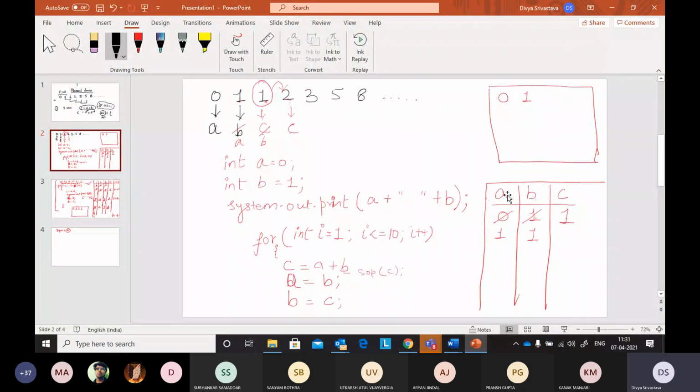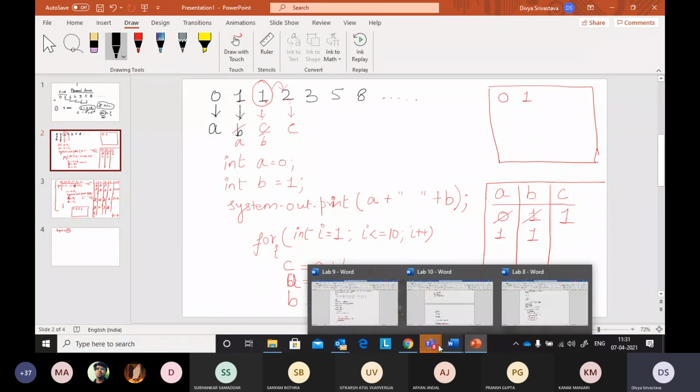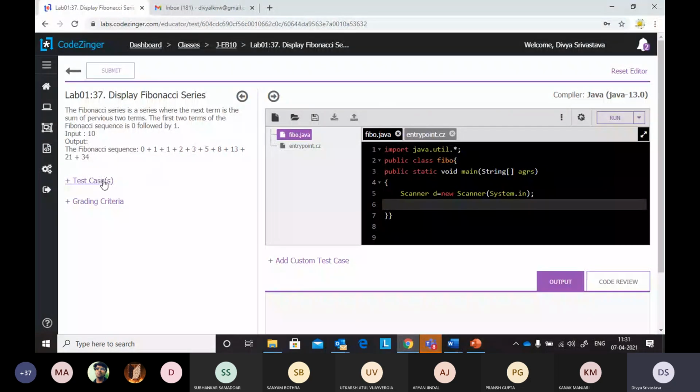Three: A, B and C, right? I am not taking n because in the given question it is already given that 10 elements we have to print. Only a single test case is there, so we can directly use this value, but for input I can have A, B and C as integers.